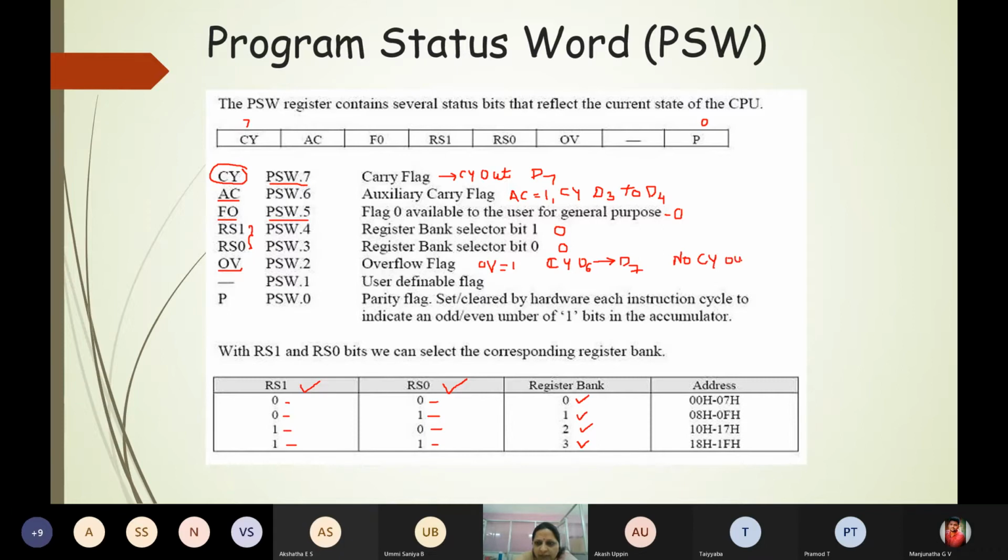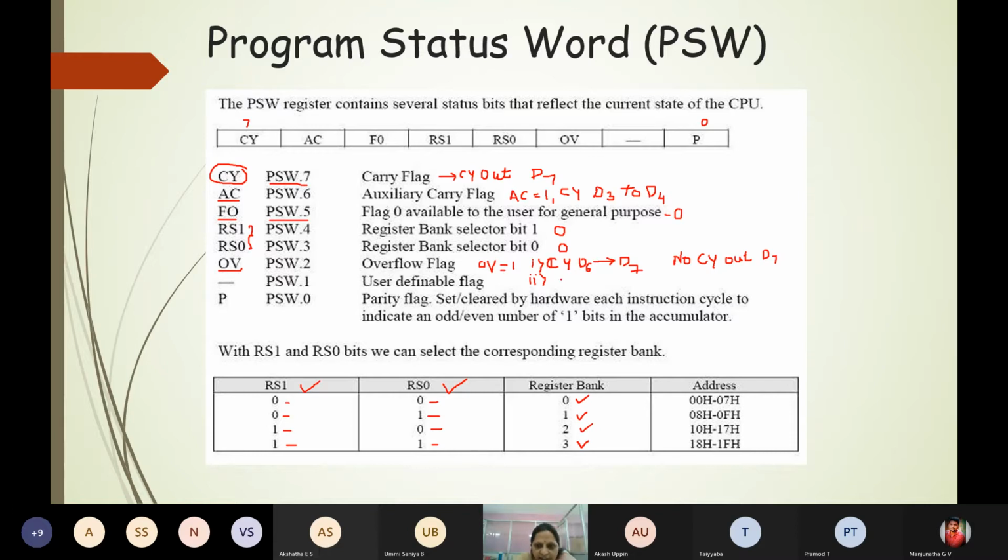The overflow flag is set to 1 if either of two conditions is satisfied. The first condition is that there is a carry from D6 to D7 and there is no carry out of D7; in that case the overflow flag is equal to 1.